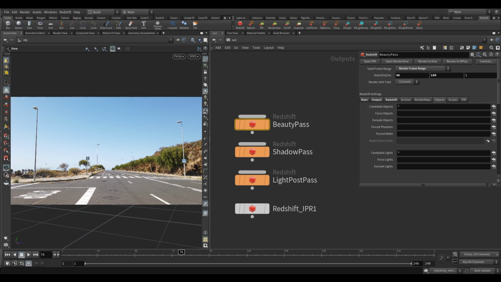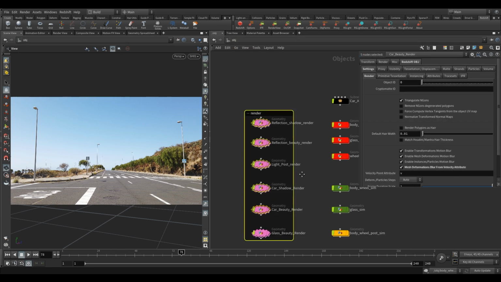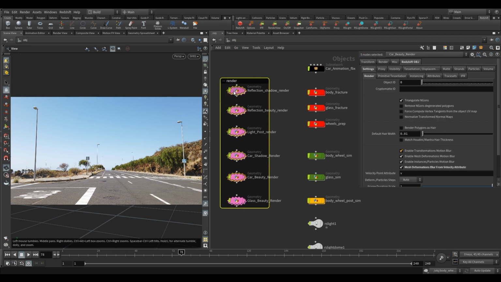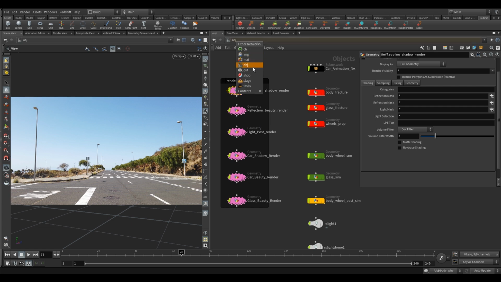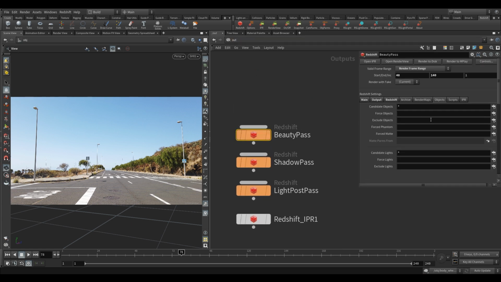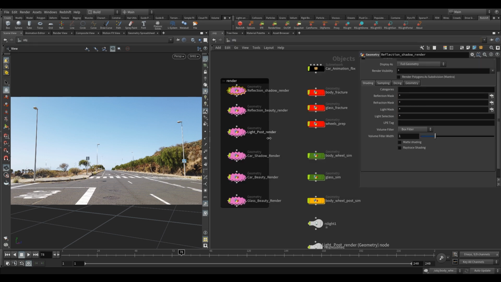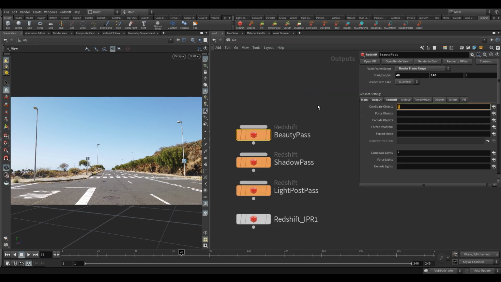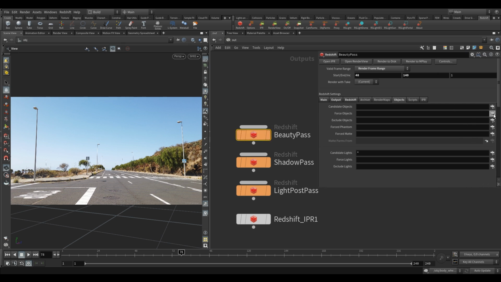Okay, so the objects here refers to these objects. Well, anything here, but obviously we're just going to use these ones. So come back out to here. This star means it will render anything with the visibility turned on, so nothing at the moment. So just in case you leave things on, it's good to get rid of that and use the forced objects things. So for the beauty pass, we're going to want